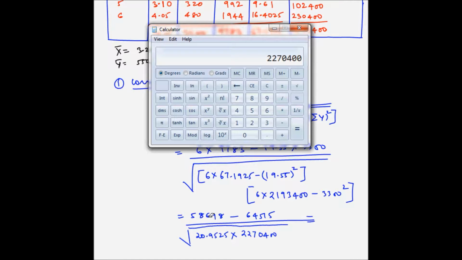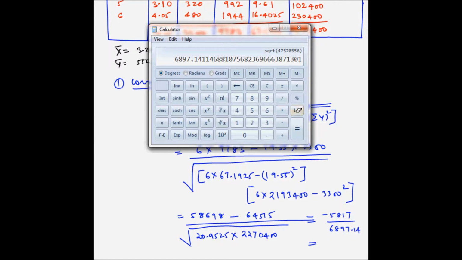Now let's find out the value for the numerator. So the numerator is 58698 minus 64515, which is minus 5817, divided by 20.9525 multiplied by 2270400 and square root. So 6897.14, and this is equal to,